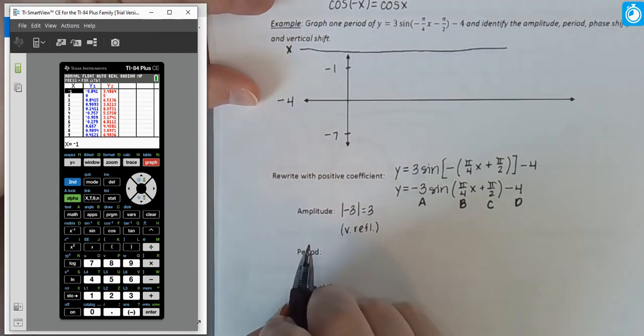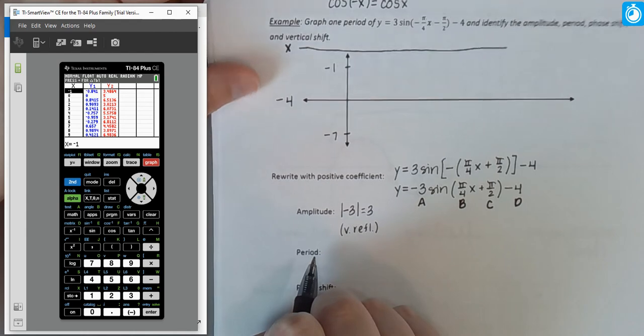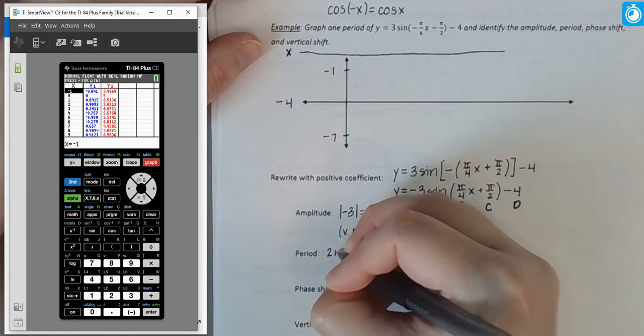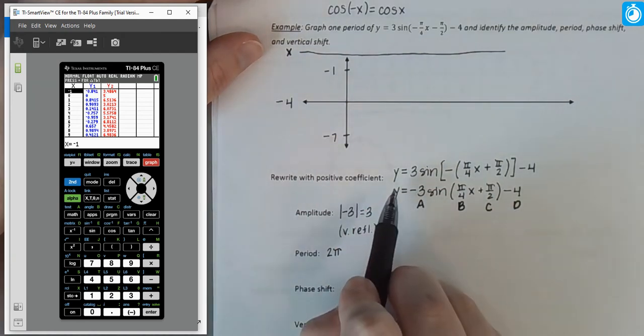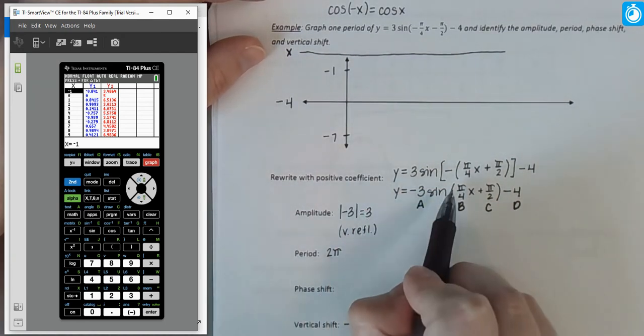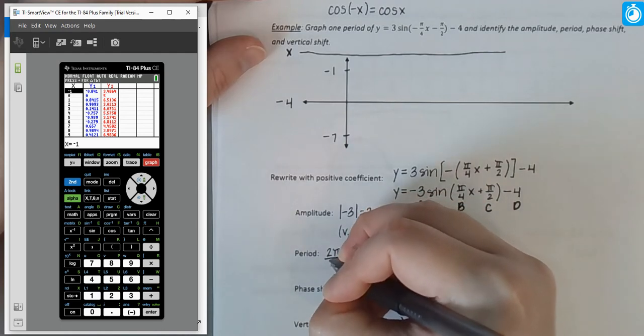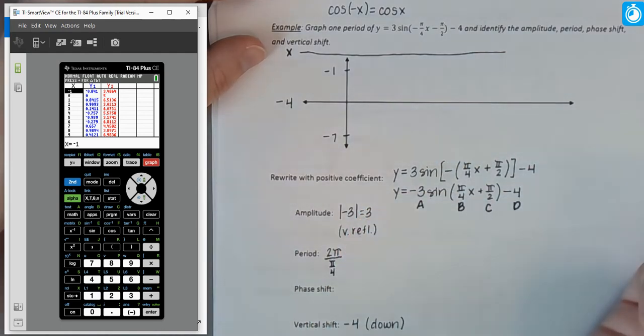Okay, so we've taken care of the vertical component of our graph. What about the horizontal component? So specifically, what's our period going to be? Well, we're looking at sine. Sine has an original period of 2 pi. And then based on our new version of our equation, our value for b is going to be pi over 4. So we're dividing 2 pi by pi over 4,